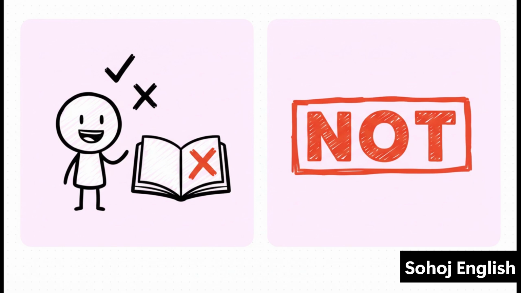You can say, I am a student. Great. But how do you say the opposite? You just add one little word, not. I am not a student. You are not busy. It works the same way for all of them. And just like that, you've literally doubled the number of sentences you can say.